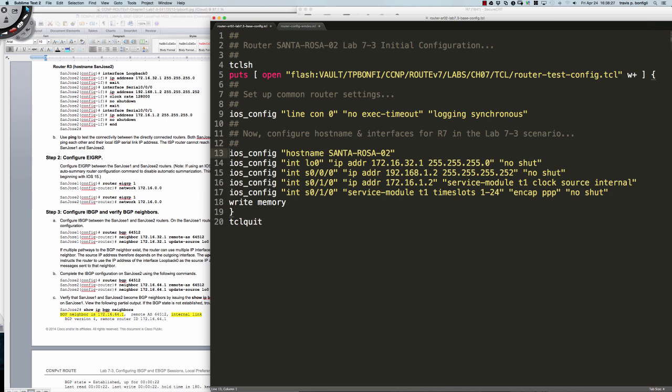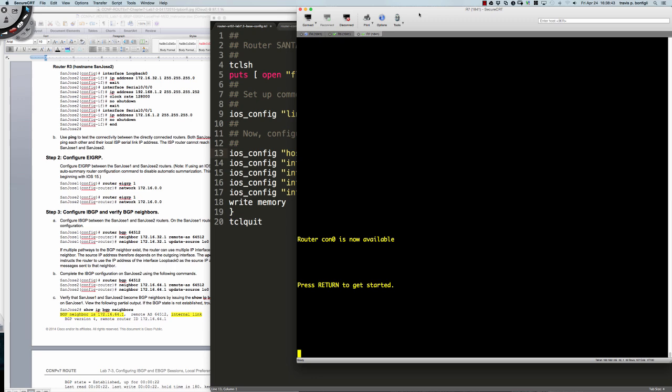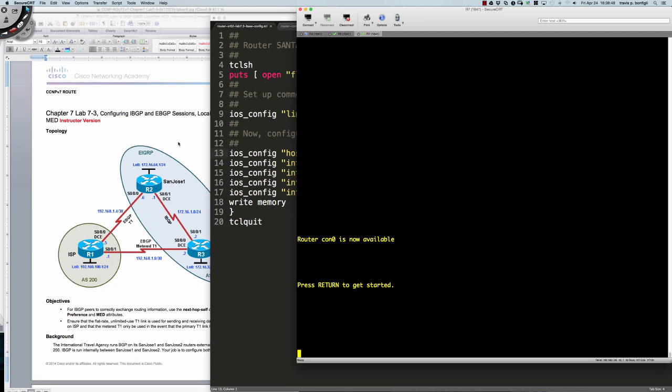And again, your commands may vary if you're following the lab strictly, or if you have some equipment at your house. I say router 7 because that's how I have it configured via my access server, and that's what it shows up as here in my SecureCRT window. So I'll reference it as router 7, even though in the lab they call it router 3, and it's San